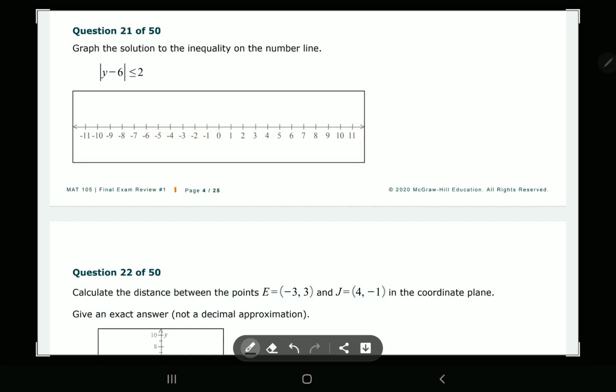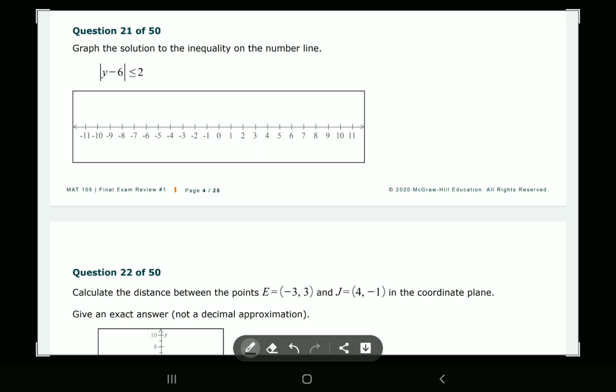It says graph the solution to the inequality on the number line. And we have the absolute value of y minus 6 is less than or equal to 2. All right, before I get started, I'm going to state the rules for an absolute value